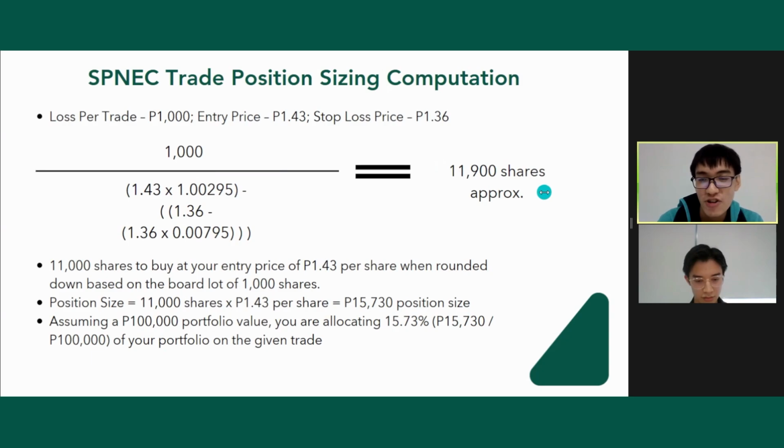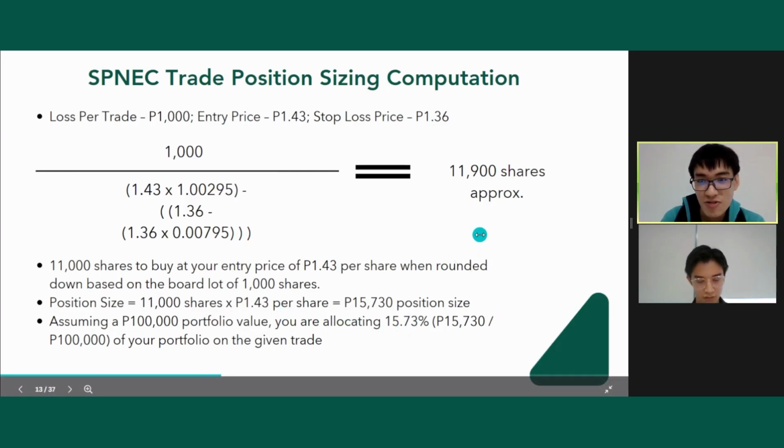Pero as I said, you have to adjust for the board lot, di ba? So for this naman, the board lot is 1,000 pesos each interval. So you cannot enter 11,900 shares. So gagawin mo is i-round down mo na lang siya. So from 11,900 shares, magiging 11,000 shares na lang that you can buy. So that times 1.43, you get 15,730. Then assuming a 100,000 peso portfolio value, you're only allocating